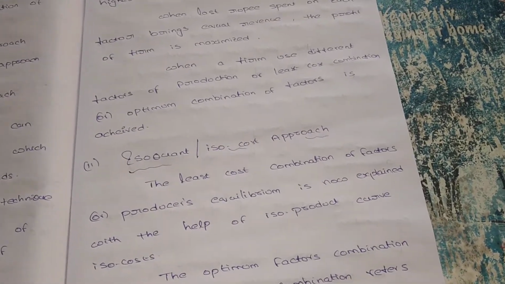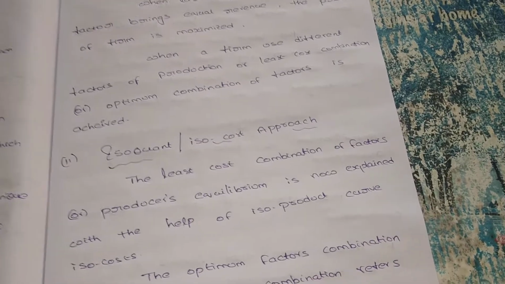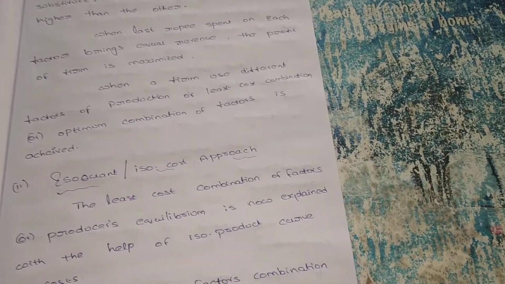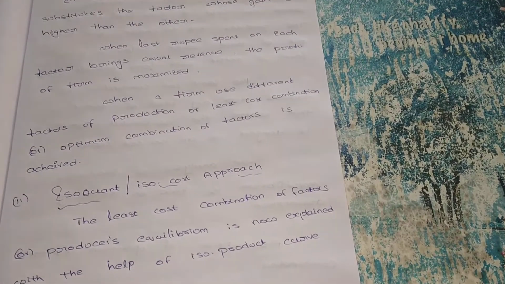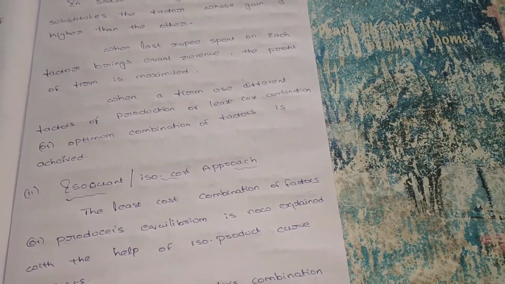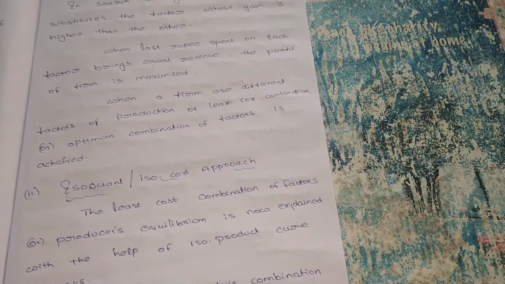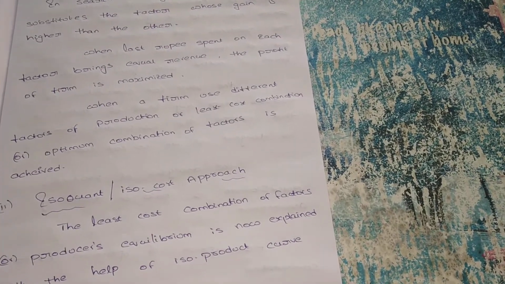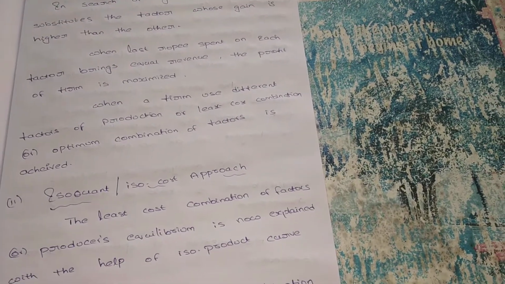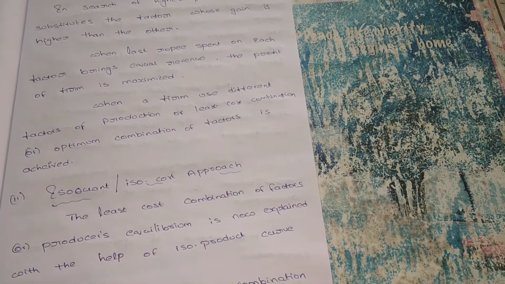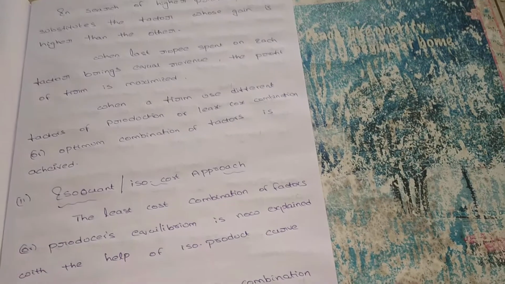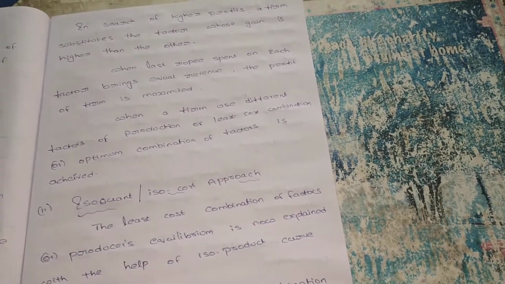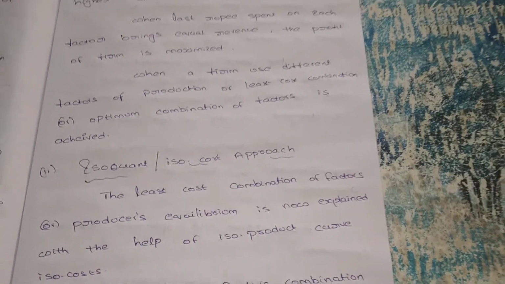What are the variable inputs? Land, labor and capital. We are taking these variable inputs. They are inversely related, but at every point we get equal satisfaction. Our output level is fixed at 100. When the labor increases, the capital decreases. When the capital decreases, the labor increases. These two change, but the ultimate output is fixed. It is known as the isocost curve.